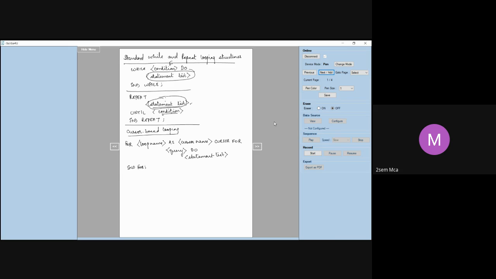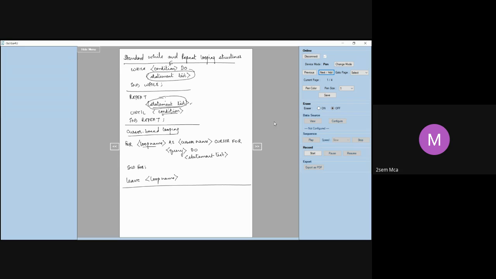When do we use this? As I told you already, if you want a loop to be executed once for every tuple, then you make use of this cursor-based looping. Loops can have names. So for example, I have given here loop name. You can also have leave loop name, which means you want to break a loop when a condition is satisfied. Something like a break statement. So these programming constructs can also be used in stored procedures.